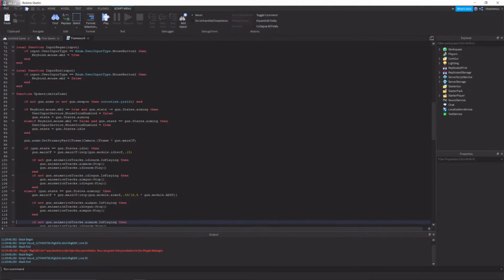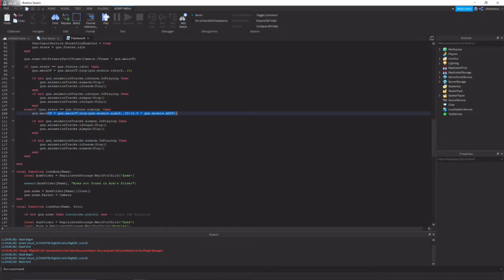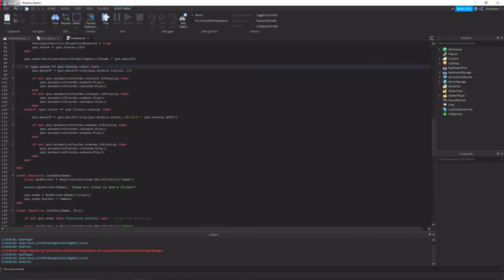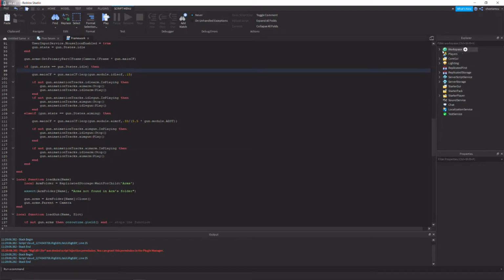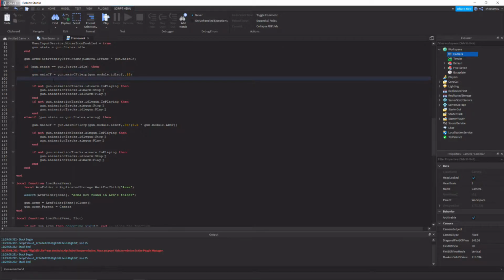And as you can see in the framework, we managed to lerp the actual camera, or the arms itself, so that they move smoothly and not teleport. Unfortunately, we can't do that with single number variables, which is what we're going to be using to make the camera zoom in. As you can see, field of view is just a single number variable. So the formula to lerp a single number variable is going to be